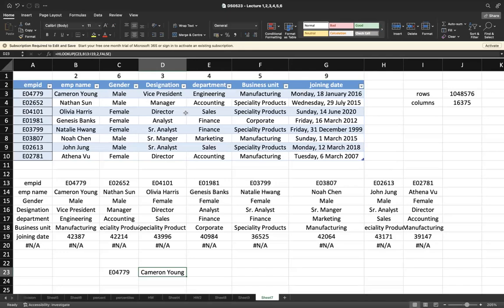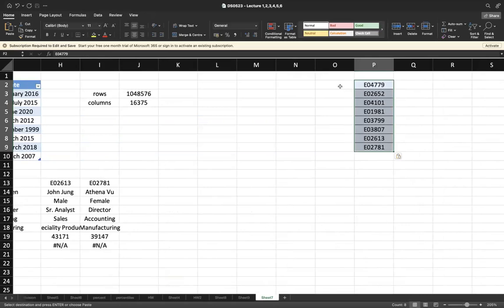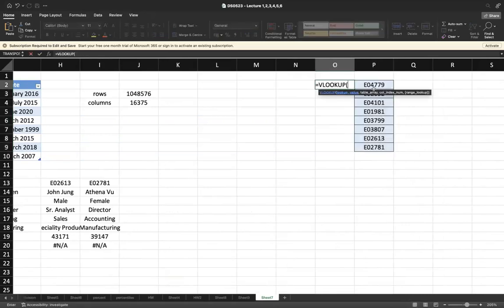Right? So even if, let's say, the employee ID is present in any other column, then also you can simply use VLOOKUP to get the output, right? So for example, instead of employee ID present here, if your employee ID is present here, right? You can use VLOOKUP. That is absolutely not a problem. You can simply select this cell. You can mention the